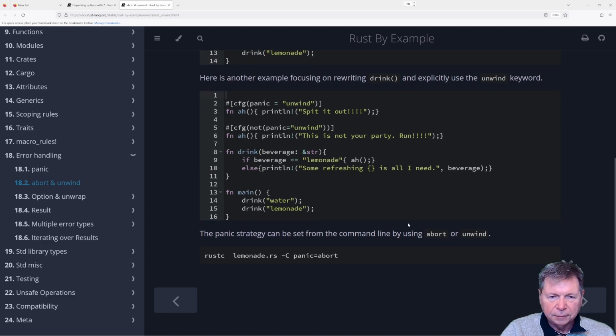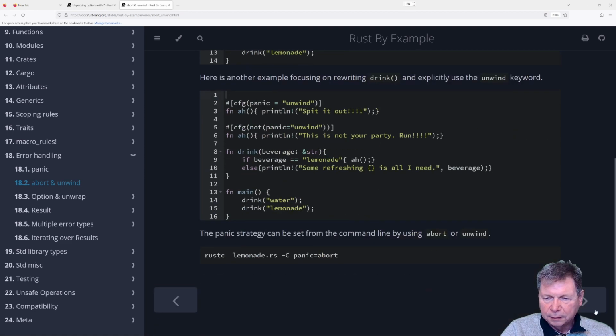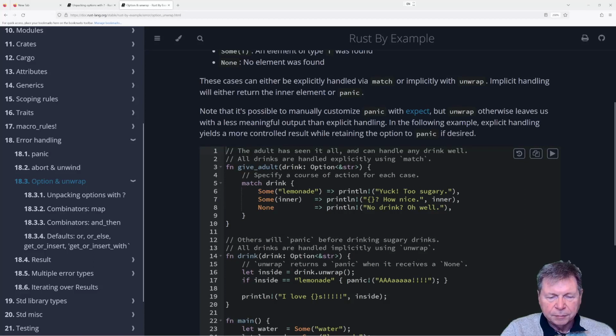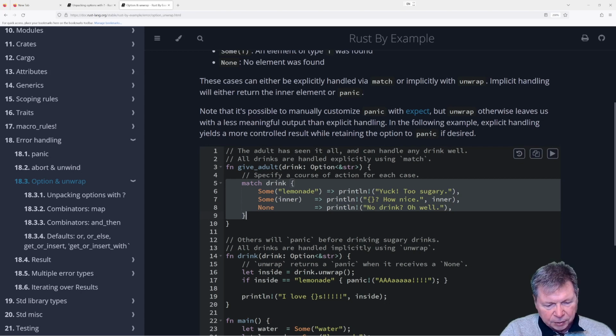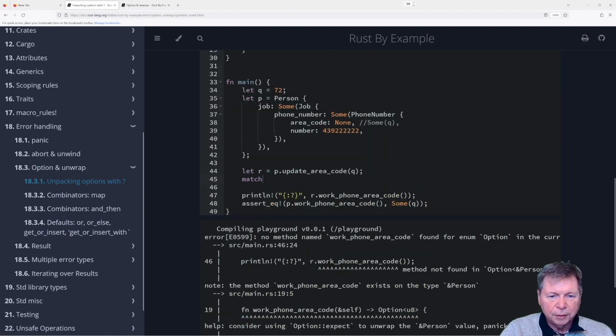Oh, where'd it go? Huh. Oh, there it is, match. Oh, okay, it was the beginning of option and unwrap. Okay, so I'm going to copy this. So match on the option, curly brackets, some or none. Okay, so back to this one.